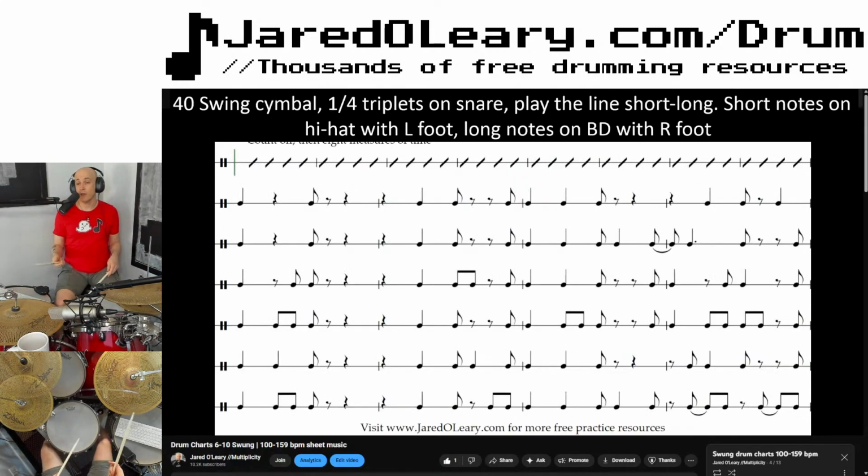Ging, ging, ding, while playing quarter note triplets on the snare drum and reading the patterns with the feet. Short notes on the hi-hat with the left foot, and the right foot is going to play the bass drum. Anything longer, quarter note and longer. A 2, a 1, 2...